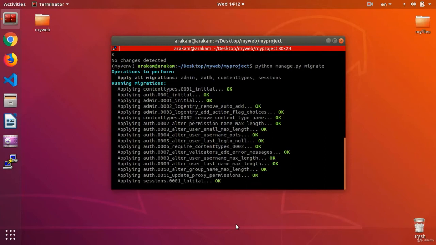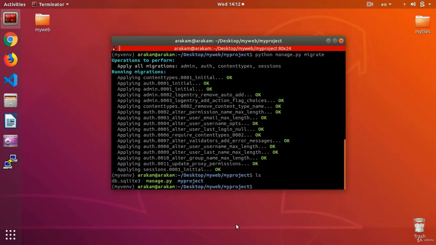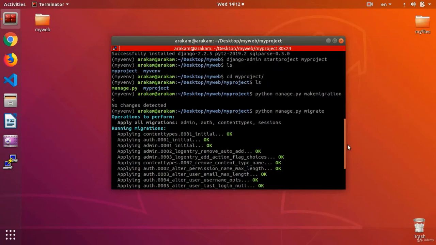Alright, as you notice, my database is being made, and if I enter ls again to get a list of my files and folders, beside manage.py and my project folder, db.sqlite3 has been added, and now my database has been made. The two commands that we had here, that is python manage.py makemigrations and migrate, are very